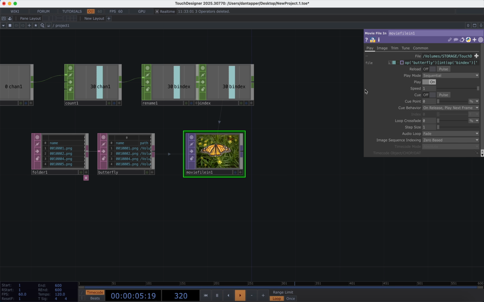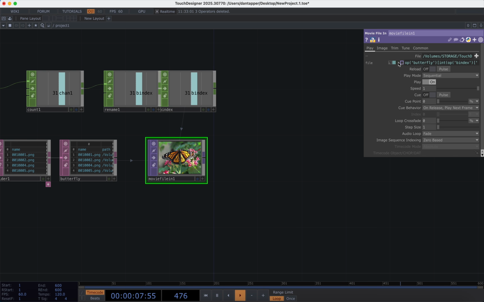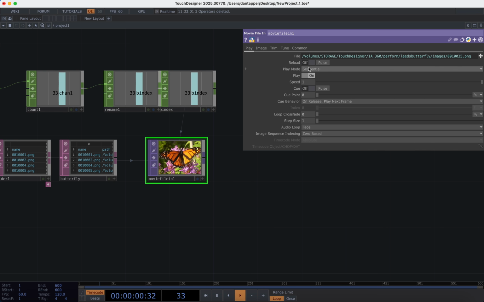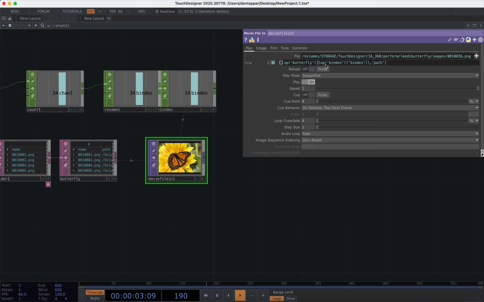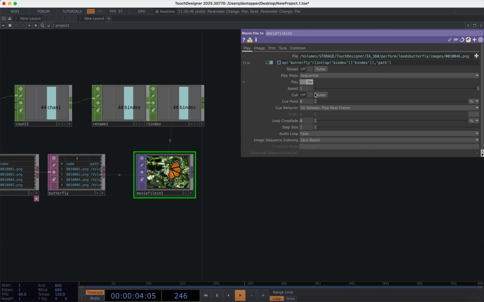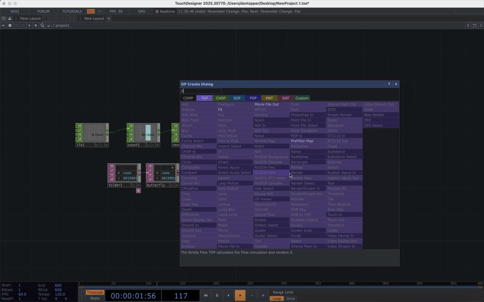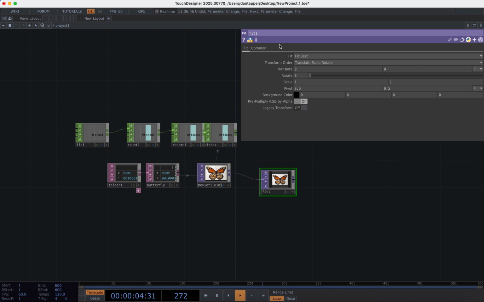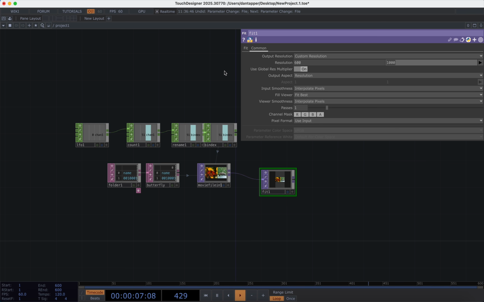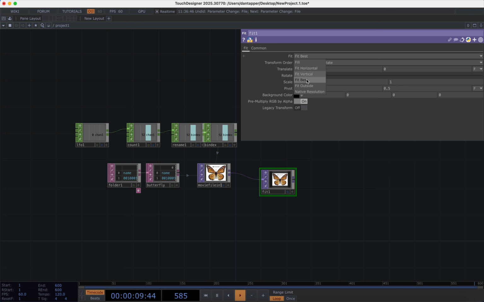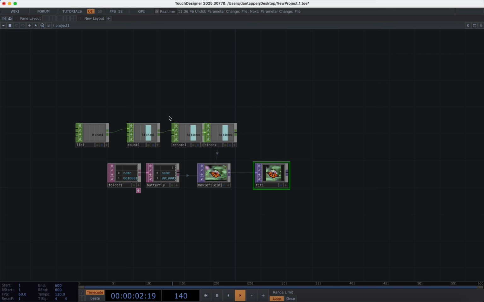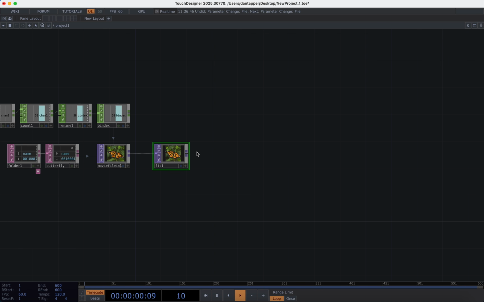The important thing here is to add in that int, because what we'll find if we don't have that is we're likely to get an error. So just make sure to have that int placed here, just to make sure everything moves nice and smooth. I'm going to bring this out into a fit, and I'm going to scale it to 600 by 600 and fit outside, so we always have a square. And if I was doing this a bit slower, I would make sure this was neater. So now we have our image and it's cycling